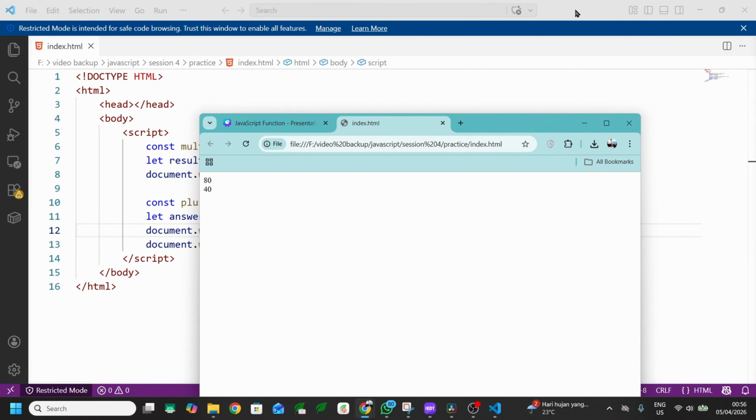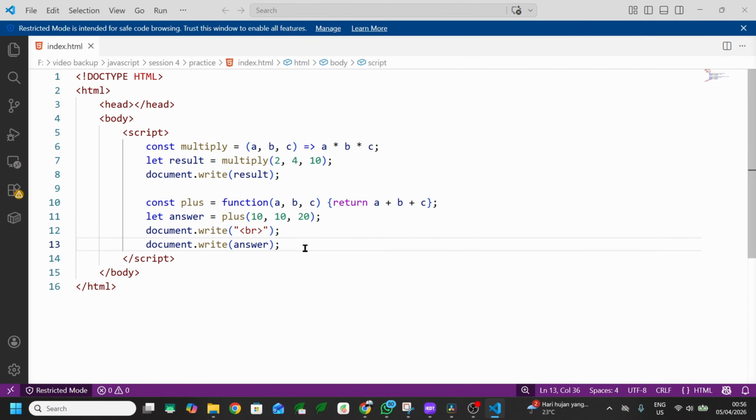And then I will make another shorter function using the arrow symbol.